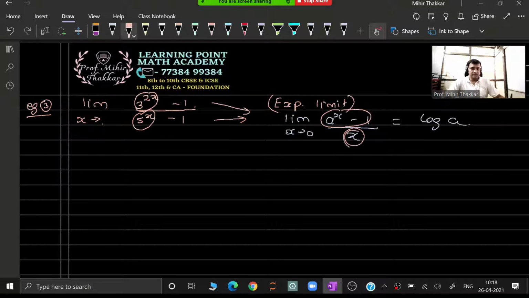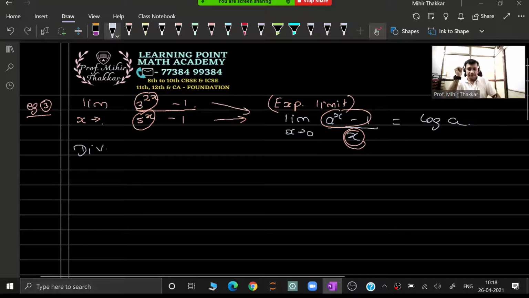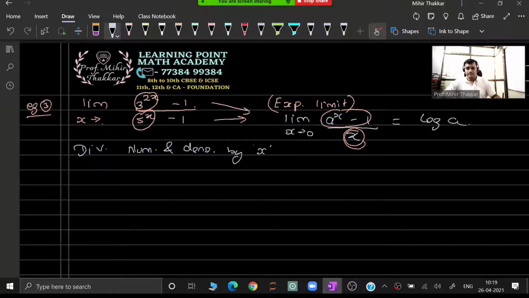So guys, I am given this element in the numerator as well as in the denominator over here. Something is missing, x. So as you all know, whatever is missing, we can obviously get it always just by dividing or multiplying as per the requirement of the question. So I require that x over there in the division form. Therefore, you just have to divide by the numerator and the denominator. So let us write over here. First thing that I will do is divide numerator and denominator by x.